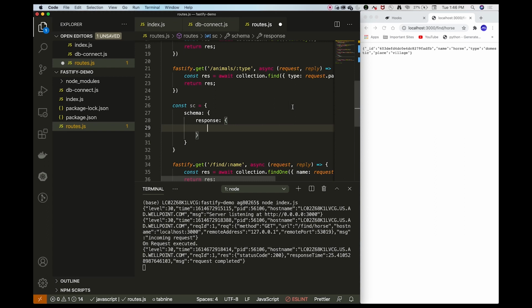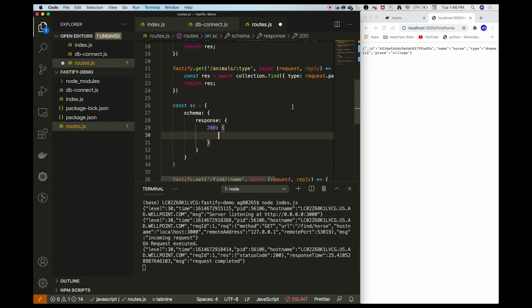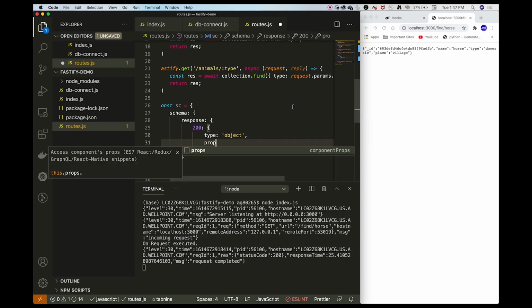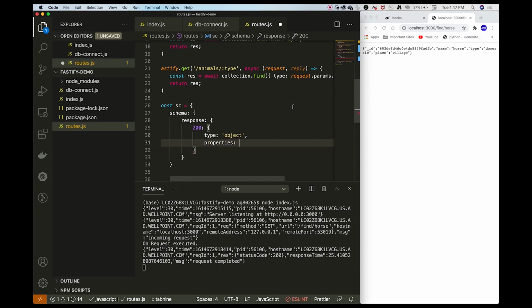And in response, along with our OK message, we want to define a type of our response. So type of our response will be object, and the properties of our response, and the properties will be the key of the response and what type of value it has.